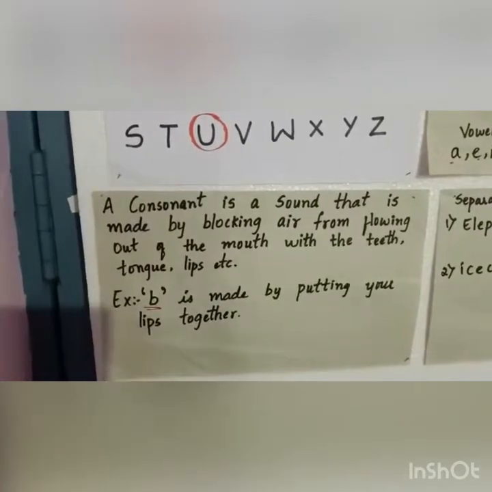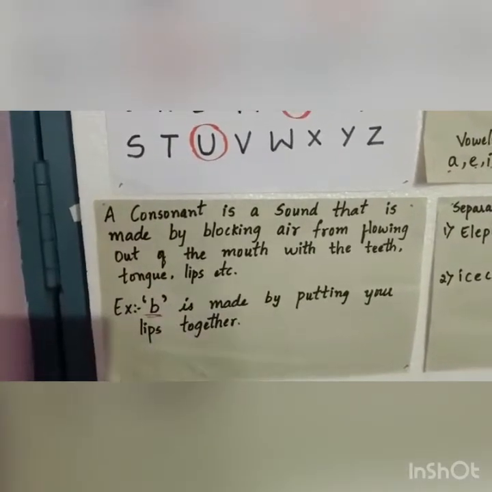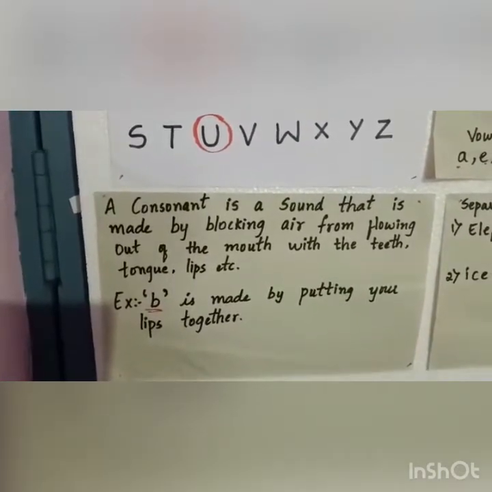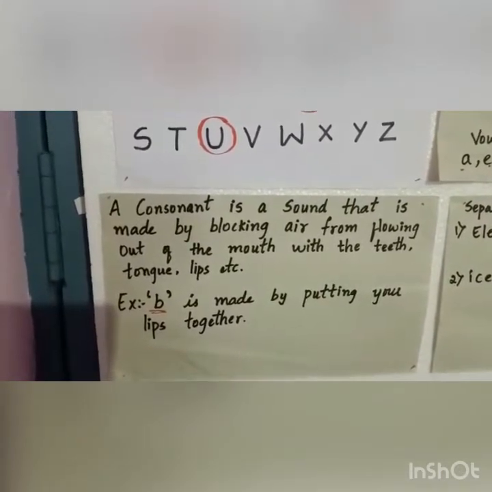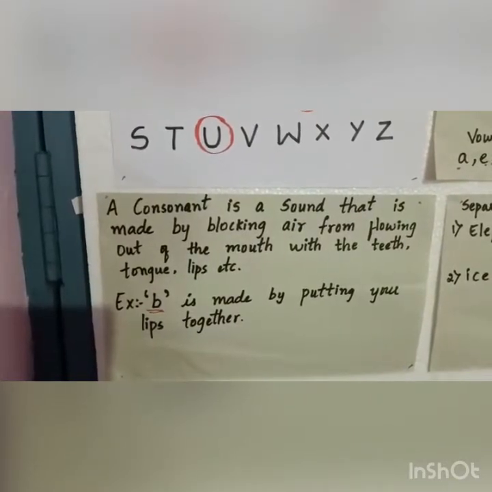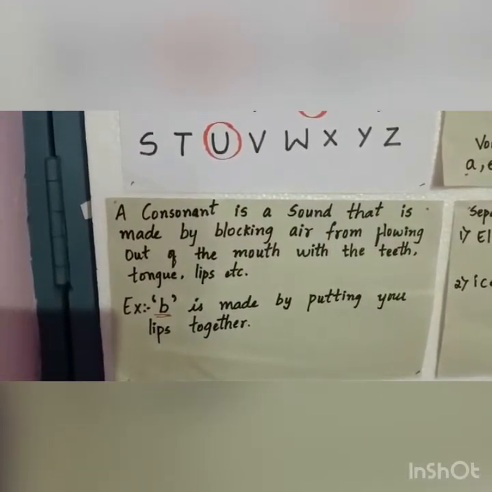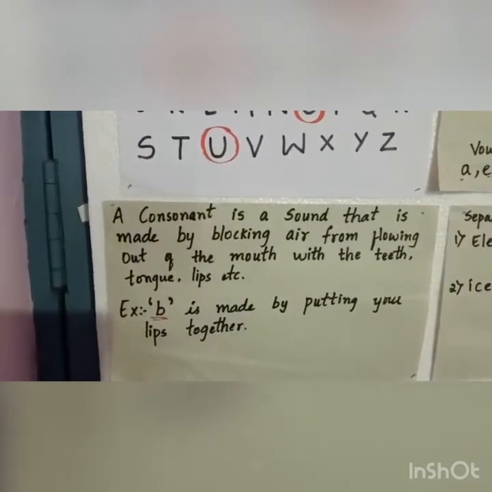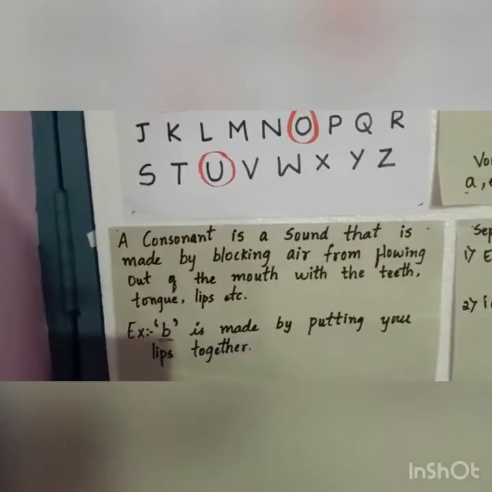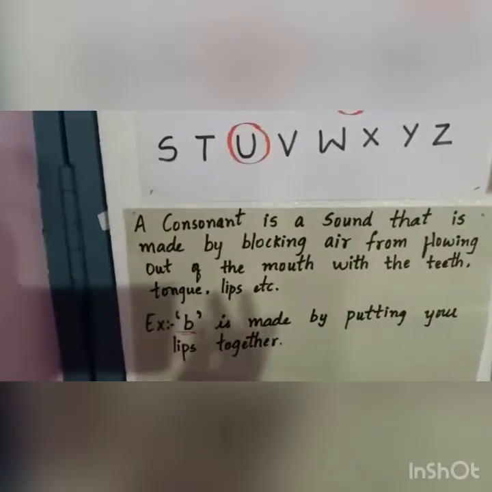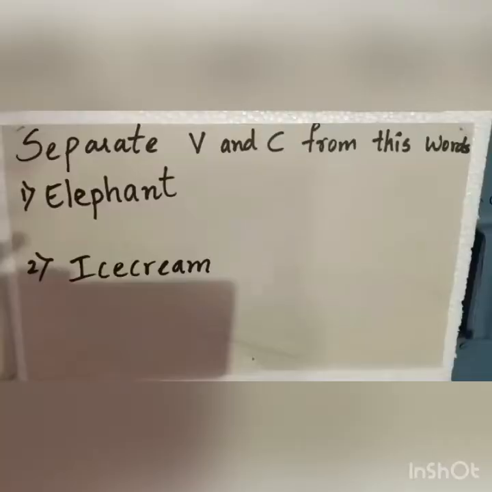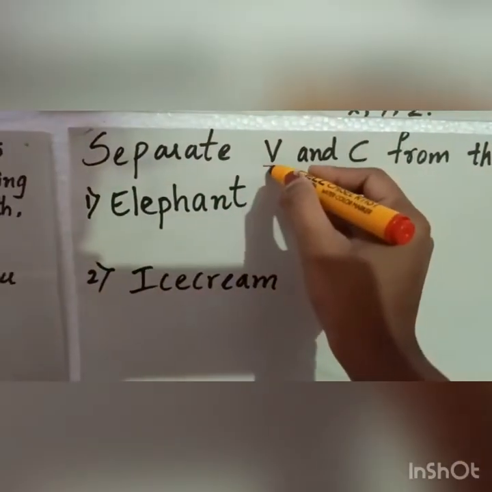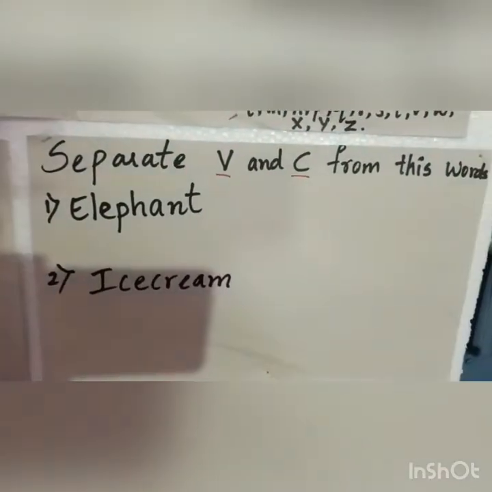So that is the difference between vowels and consonants. Understood? When you say consonants, you are going to block your air and then it will release. So those letters are called as what? Your consonants. Understood, children? Now I guess you got the difference between the vowels and the consonants. As now you all know the difference between the vowels and consonants, which are the vowels and consonants.